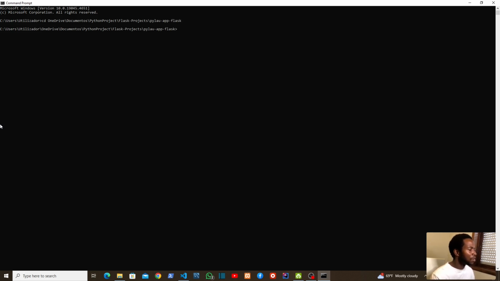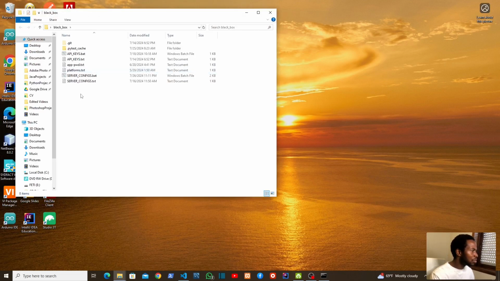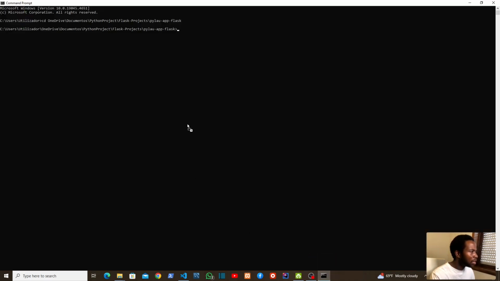Yeah, this is my folder here, and now I just have to open my server configurations. As you can see here, it is a bat file. I just have to drag and drop it into my terminal here, and then